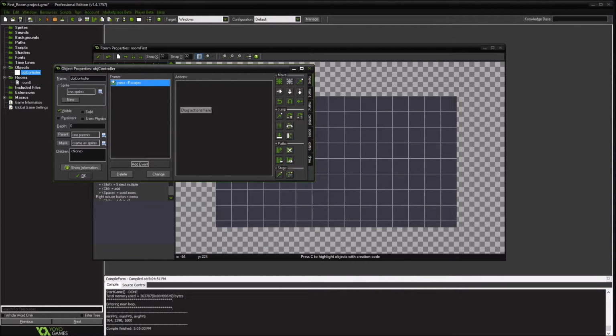So when we press escape, that's the event, and we want an action to happen. Something needs to happen. In GameMaker, there are different actions you can bring up and perform. There are move actions, main actions, and control. We can modify things with score, extra, or draw. So one of the things we are going to do is